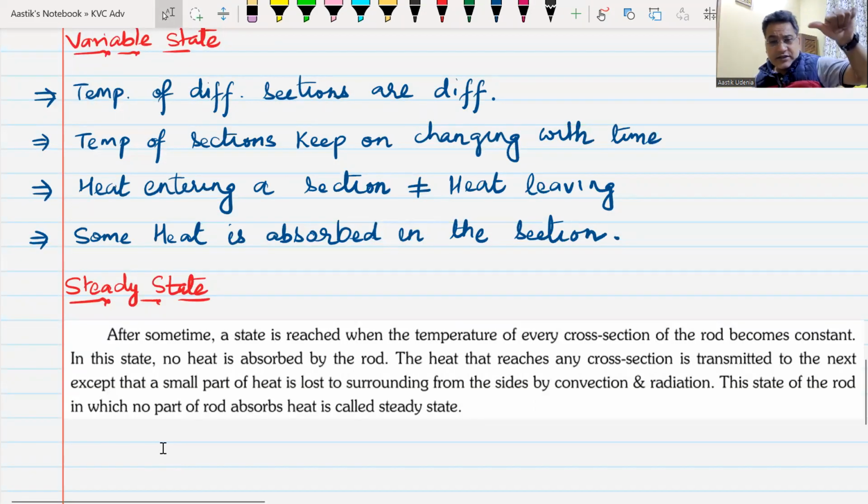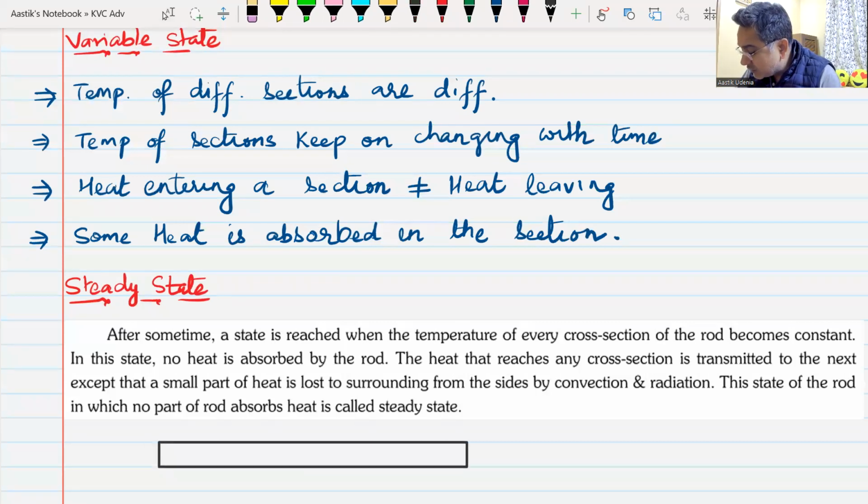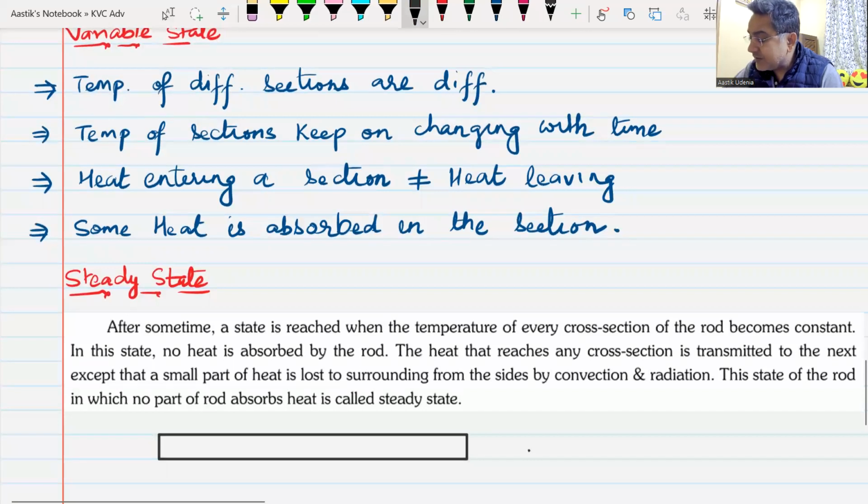Whatever heat leaves one section or one end of the rod, the same amount of heat will be reaching the other end, and no heat will be absorbed in the rod. Do we understand this? Yes, sir. I have to draw this diagram, let me draw this diagram and try to make you understand. If this is the rod that I have drawn, the same pink rod,